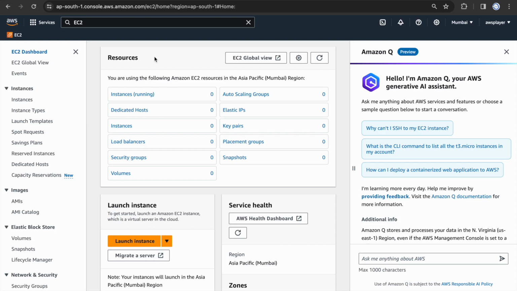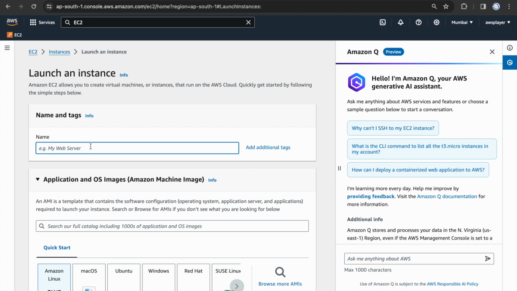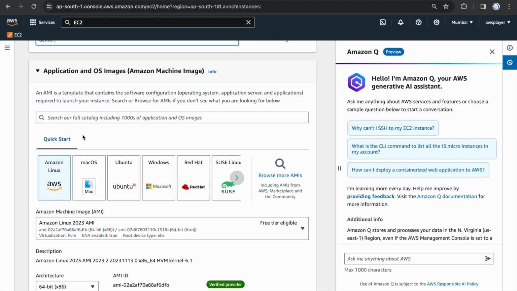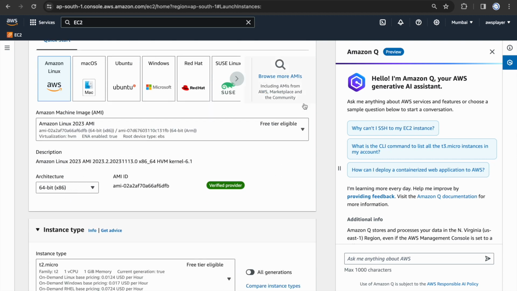Hello, let's learn together how to create an EC2 instance. So I'm clicking on launch instance. Let's name it as demo 1. Here you can select what is the machine image that you want. So I'm going with Amazon Linux free tier,